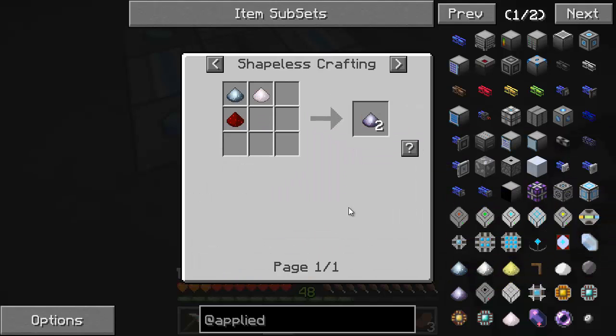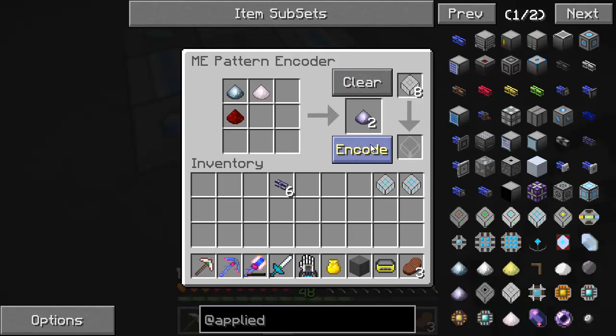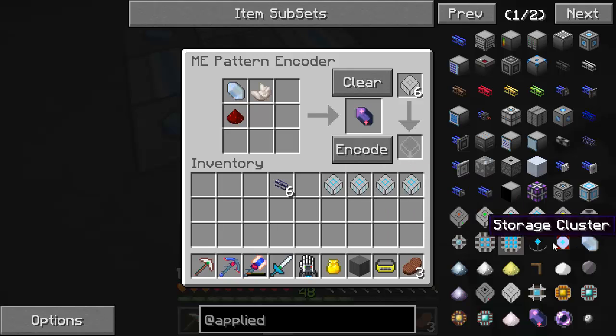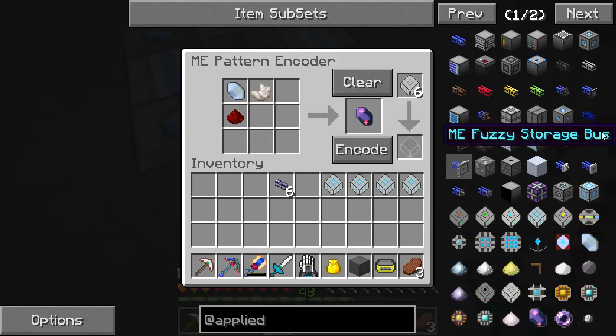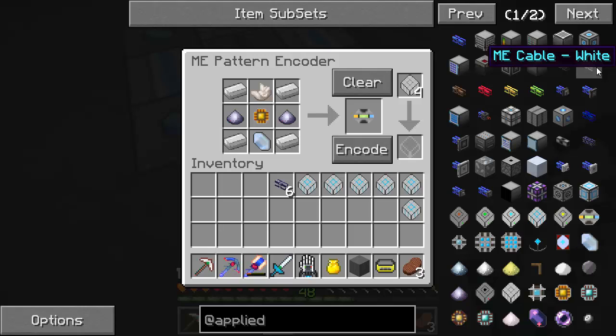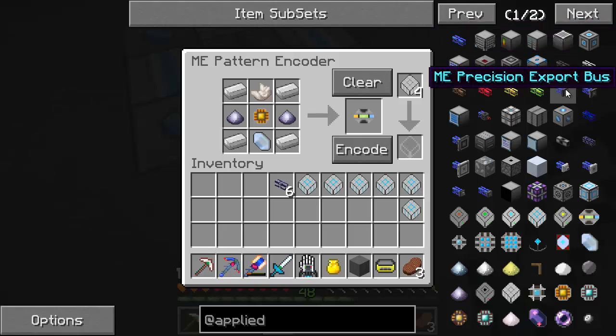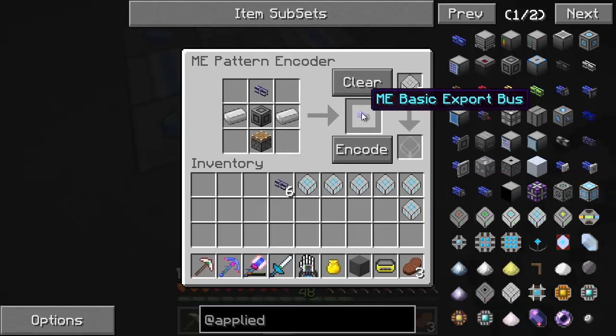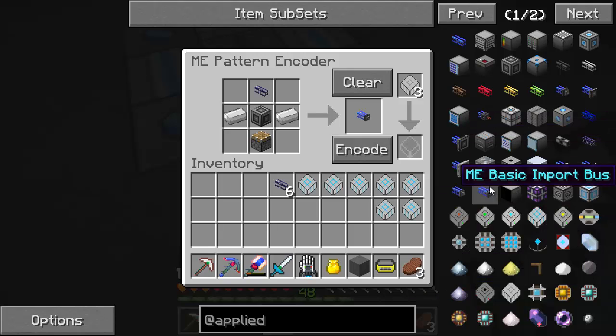Alright, I'm going to need purple quartz a lot, so let's get that. And I'm going to need this one a lot. Okay. Now some of the things we build with it, well, definitely cable. That's a big important one. And of course this conversion matrix. What else do we build a lot of? Probably some of these export buses. Let's just go with the basics for now, and then we can get the rest later. So a basic export bus, a basic import bus,